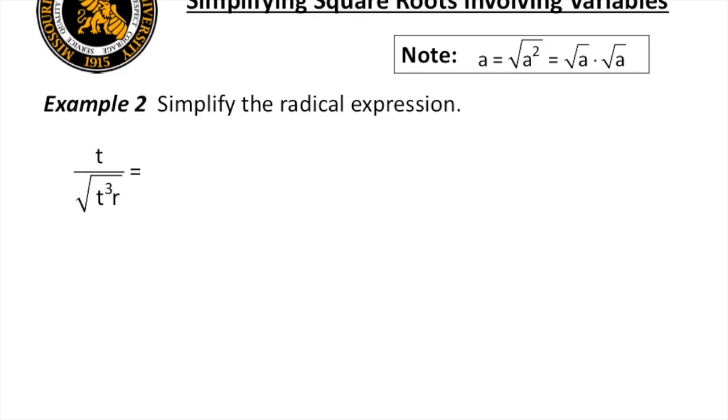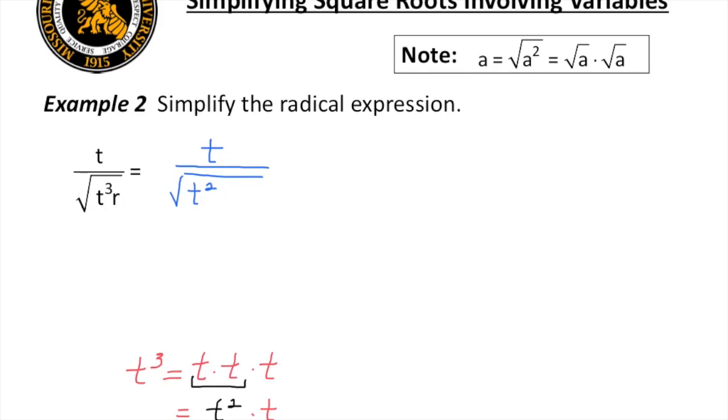In simplifying the radical expression of example 2, it's important to note that t cubed is equal to t times t times t. And the first two factors in that product could be written as a t squared, with our remaining t being multiplied to that. So now, returning back to our example, if we leave the numerator as is, and we rewrite the denominator as the square root of t squared times t times r, using